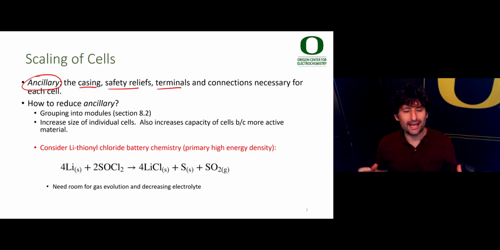How do you reduce the ancillary components of a cell? Well, one way to do that in a battery is to group cells into modules so you have less of these things, or to increase the size of the individual cells. This is what